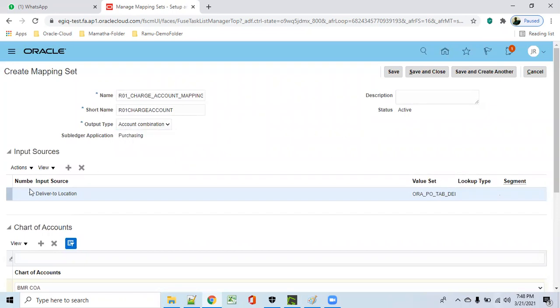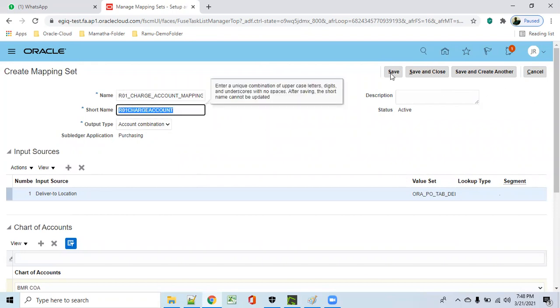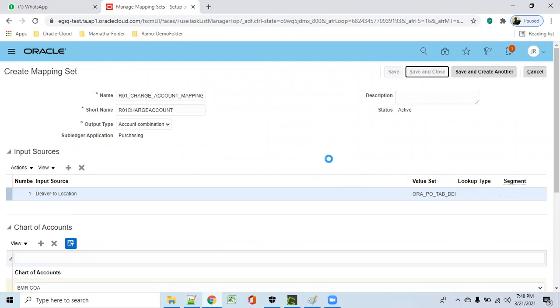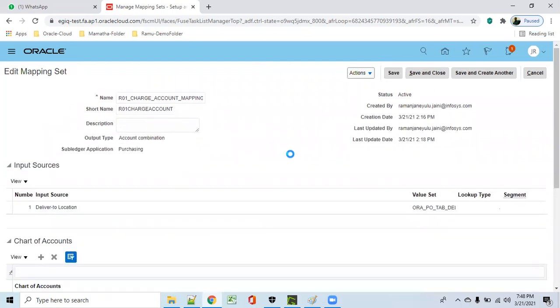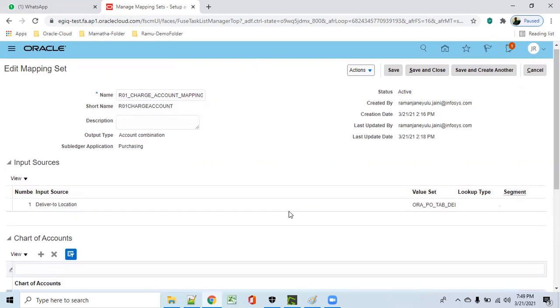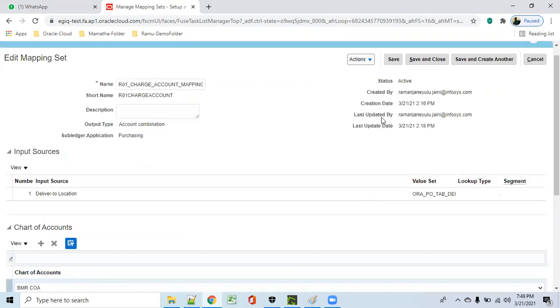Okay, so like this, if you make your mapping set, then save and close.